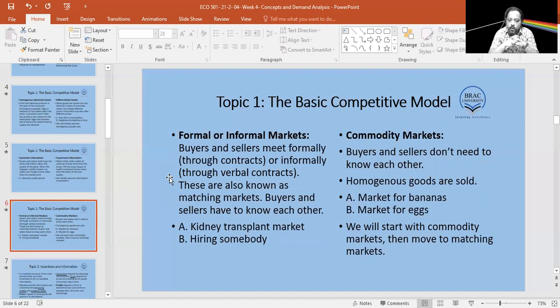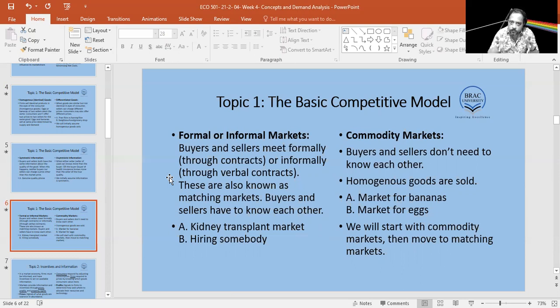Now, the markets that we're going to look at are formal or informal. They're basically the same. The only difference is in a formal market, the buyer and the seller know each other through formal means. In a labor market, the employer and the worker enter into a formal contract that this is what you are supposed to do. The employer says, based on that, the employee does, and at the end of a particular time period, the employee gets a salary or a wage or part of the profits, whatever. The same thing happens in the informal market, for example, the rickshawala market.